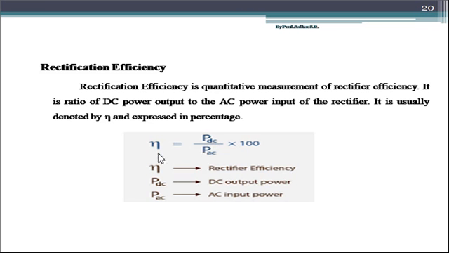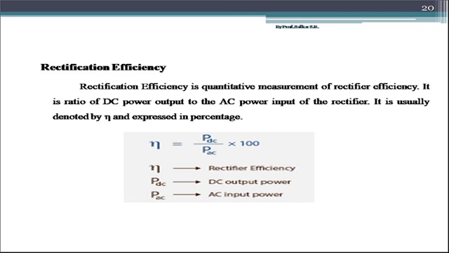So these were two terms related to the rectifier, that is ripple factor, which is used to calculate the amount of ripples present in the output of rectifier, and secondly the rectification efficiency, which is used to calculate the efficiency of that particular rectifier. If ripple factor is more, then we get less efficiency in the rectifier, that is we get less output. So to reduce this ripple factor, we have to make some arrangement, and the arrangement is nothing but to simply connect a filter circuit at the output of rectifier.